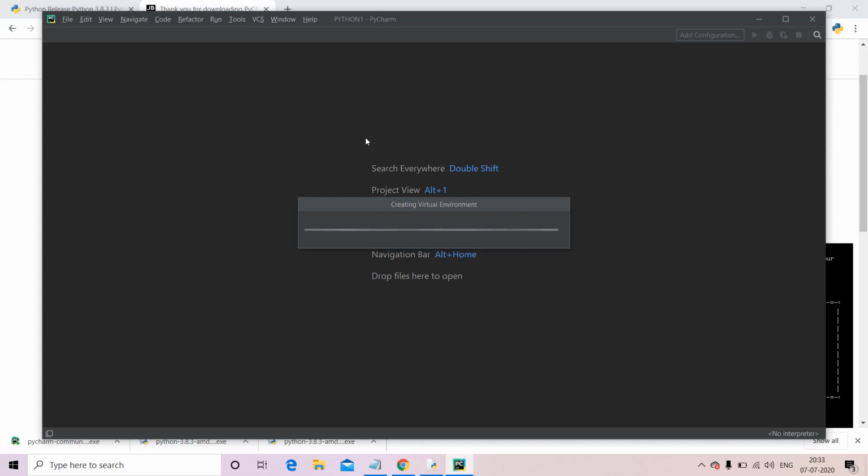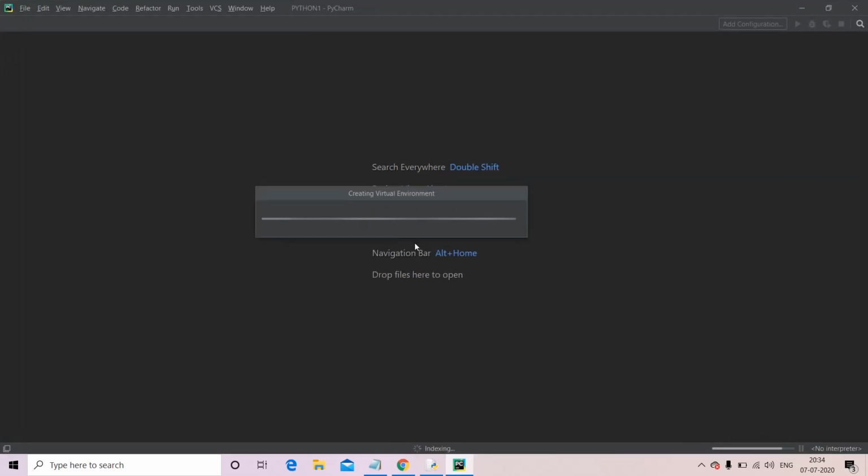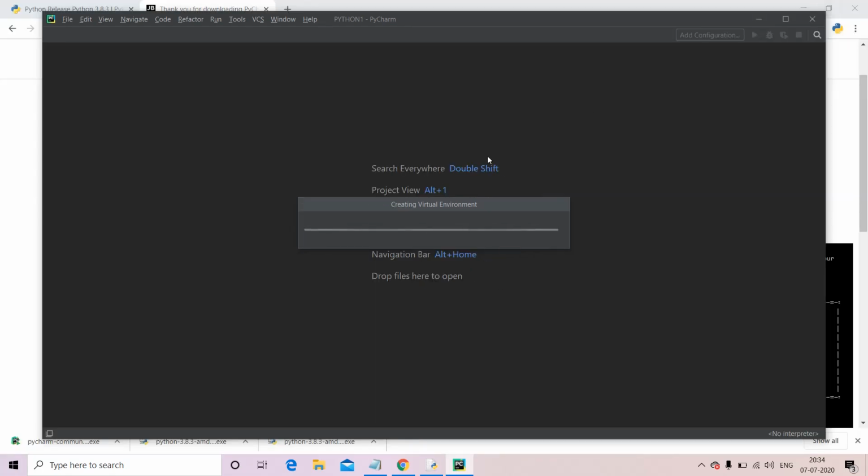The virtual environment is being created. I think it's taking much time to create the virtual environment.